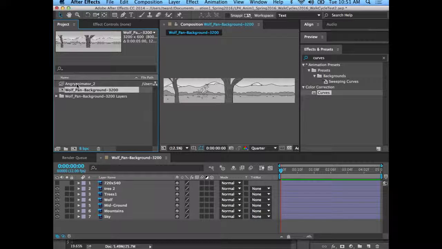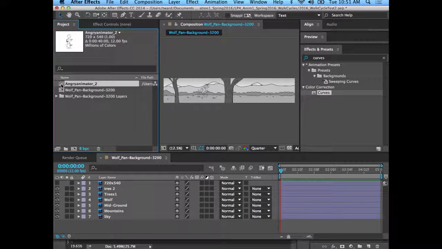I set up its frame rate, and I have it looping a number of times. So I'm going to take this character, and in my case, my midground is where the character is going to be aligned. So I'm going to put that character, I dragged it and dropped it in here right above my midground.